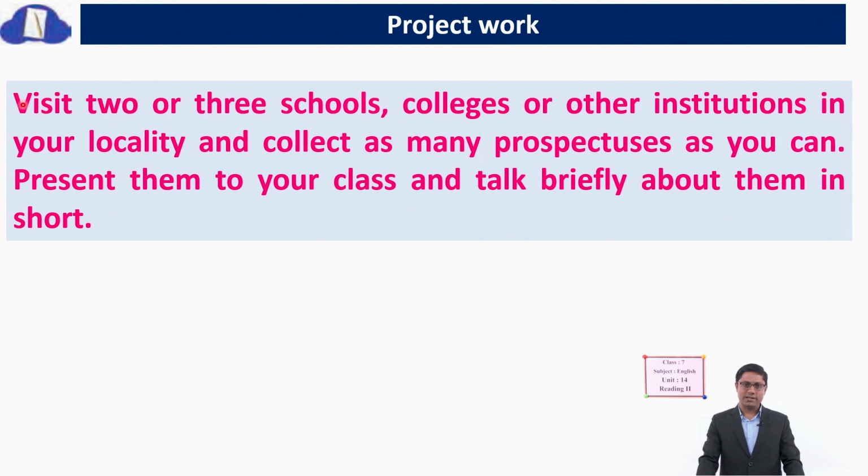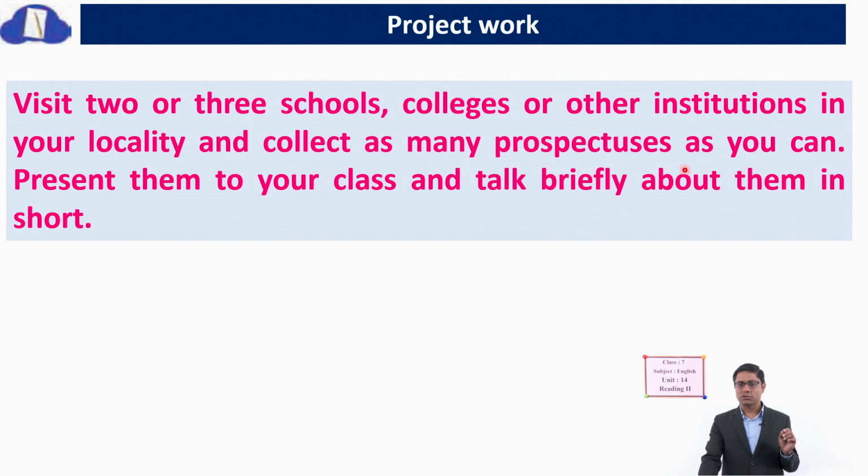Now, look at the project work section in your textbook. Okay, project work section, turn a book there. Okay, did you see? All right, let us see what it says. Visit 2 or 3 schools. You see there, you need to visit 2 or 3 schools or colleges or any other institutions. It can be club, it can be finance institution like bank, okay, or cooperatives. You can go there that are in your locality, and then you can collect as many prospectus as you can,